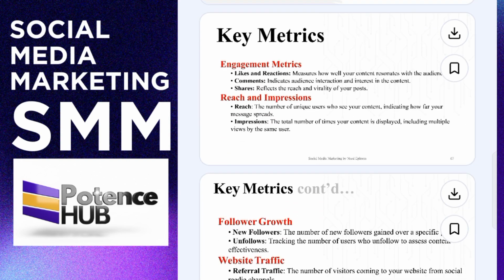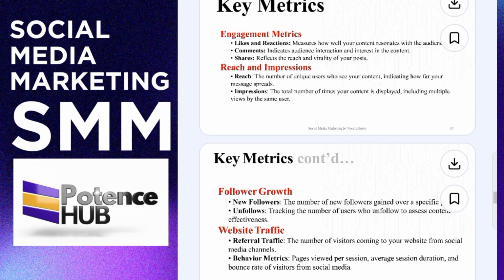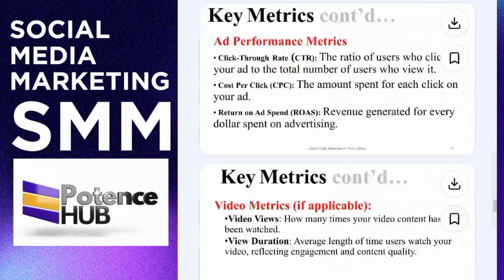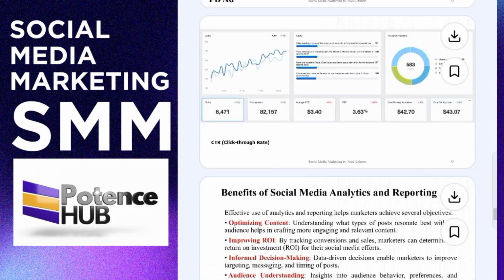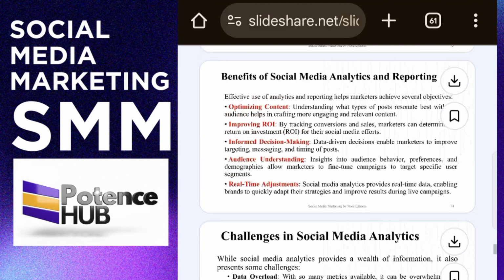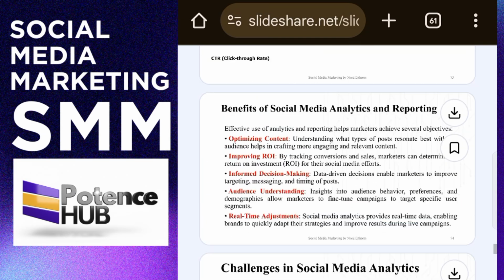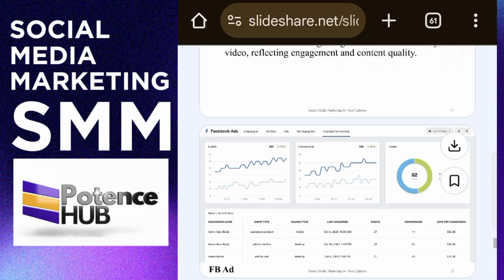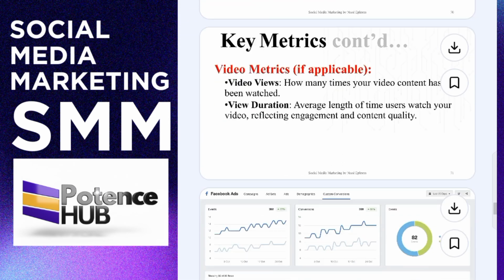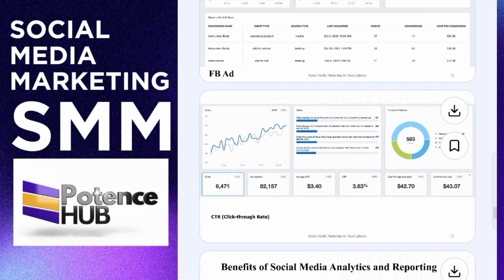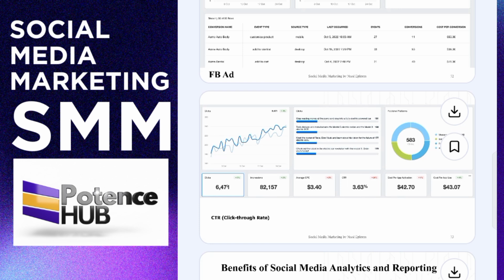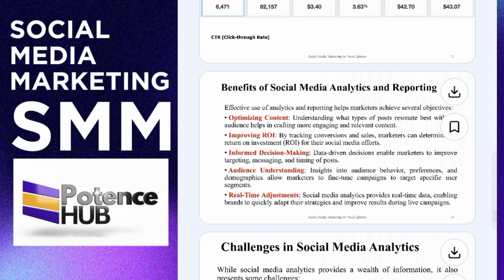Key metrics: you need to look at engagement metrics, the likes and reactions, comments, shares. These are key metrics that you need to pay attention to. So this is just an overview of what social media marketing looks like. So like I said, you could pause the video at intervals to go through any of these particular slides, read through for your better understanding, including all of these analytics processes, so that you can also learn vividly from what you're seeing right on your screen altogether.